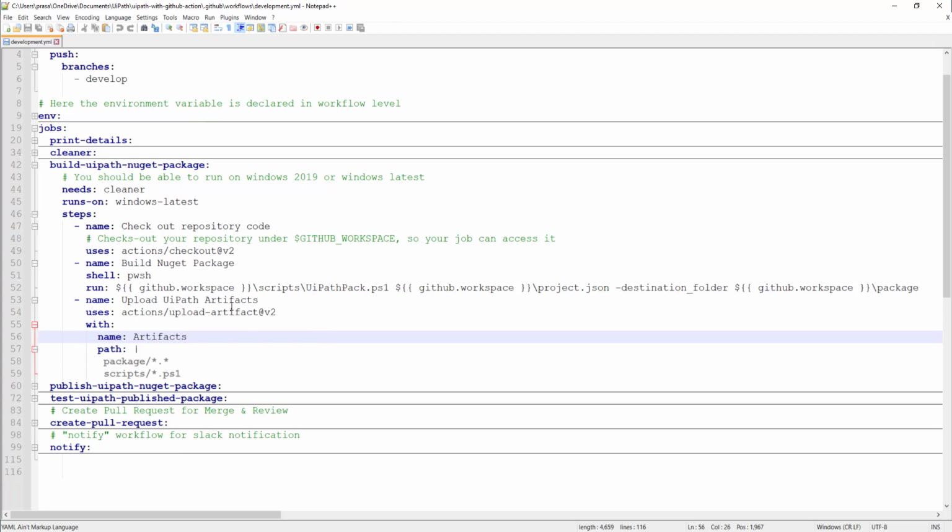And then in the next step, we are using a concept called upload UiPath artifacts, right? Why are we using the concept of artifacts? Why are we not directly publishing the package which is built here directly to the Orchestrator, right? We can do that. That's not the issue. But what we are trying to do is, we have checked out code here, right? And whatever code we have checked out should be available for my other jobs to work, right? It's not a wise decision to check out the code in all these jobs.